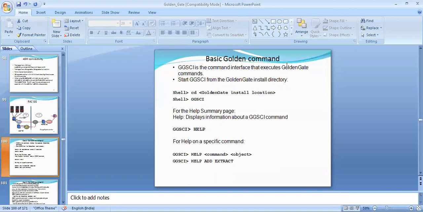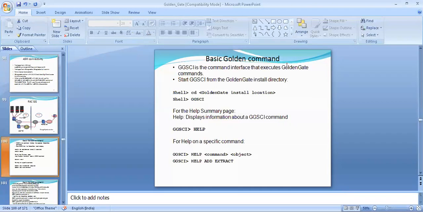So mainly when we are starting GoldenGate, on the source we need to start the manager, extract and data pump. Only three processes are running. Then we can say that extract is running on the source. In the target, replicate and manager, two processes need to be run.